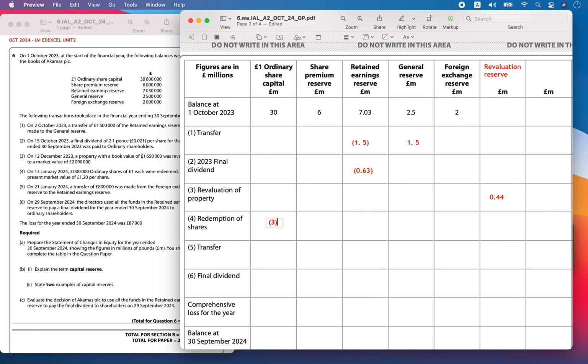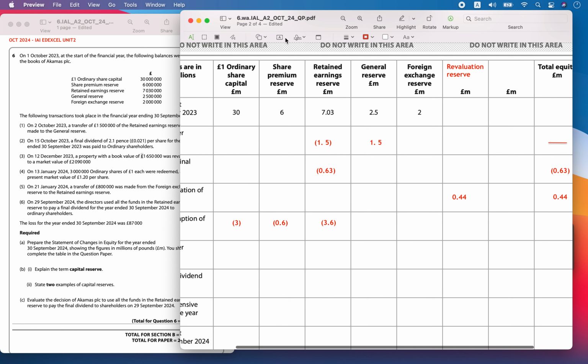So 3 million shares were redeemed back, and out of it the share premium value that was redeemed was 0.6 million, and then the total would have affected the retained earnings. This is going to decrease my retained earnings, and then I'm going to create a capital redemption